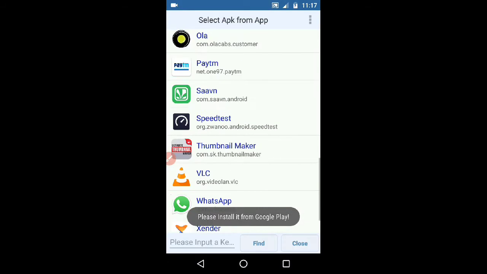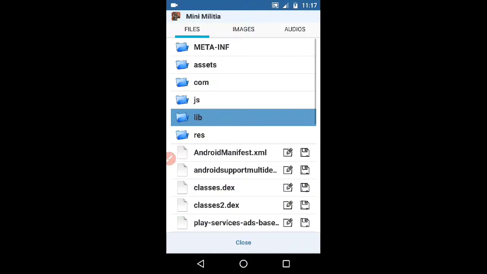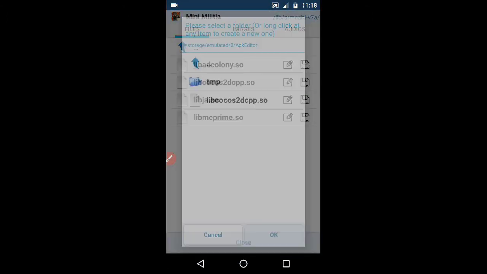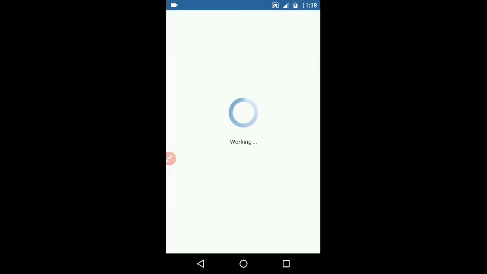Now go to APK Editor, select your Mini Militia, Simple Edit, lib armeabi, and replace it with that libcocos file and then save it. It is working.